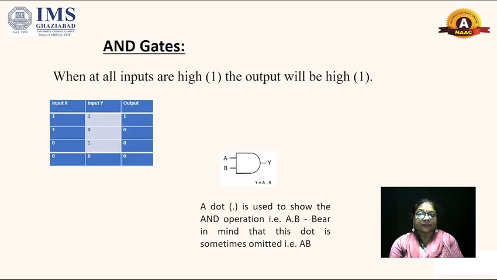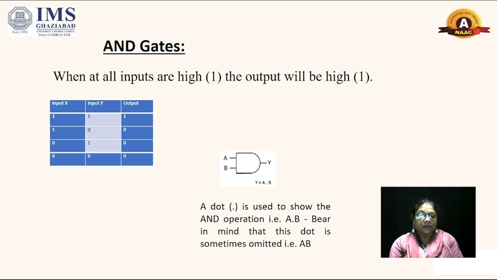What are AND gates? AND gates are those gates where, when all the inputs are high, we will get the output as high. That is, when both the inputs are 1, or all the inputs are 1, then we will get the output as 1. So if we take two variables, there will be 4 conditions. Either it can be 1 1, 1 0, 0 1 or 0 0. In the case of 1 1 we will be having 1. Otherwise, in all the cases we will be having 0.